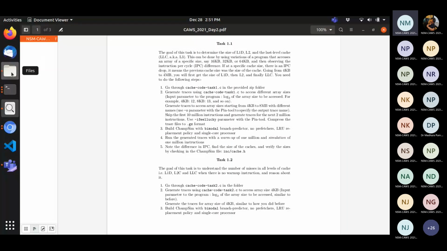So just to be sure, we have to run the same pin thing for log sizes from 12 to 23, right? We have to run it, I think, 10 times. Am I right? Yes, exactly. Just that earlier you were running it for the Hello World program. Now we have provided the .c file, and for that you have to generate the traces using the same pin. Everything is the same.